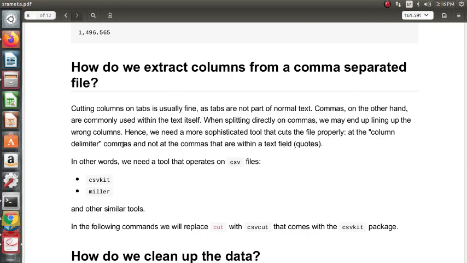For example, if we want to represent 10,000, we usually write 10, comma, 000, right? That may be a number in a particular column. That comma we should distinguish from the comma for the column separator. Okay, so